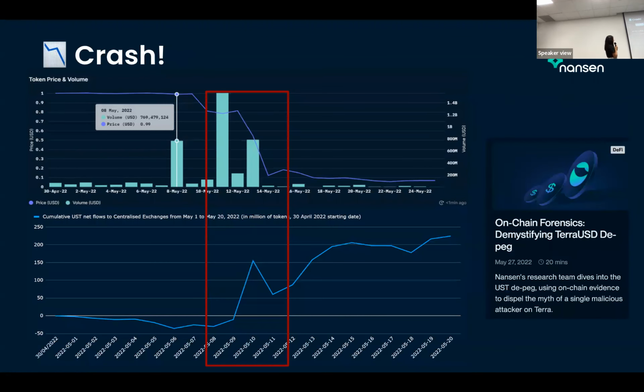Since the start of the UST crash, you can see on our dashboards that in May, that's when UST depegged. We also did a report on the depeg, which you can read on our website. It's free. UST was the first big thing, right? But that was not the end of it, because it actually led to